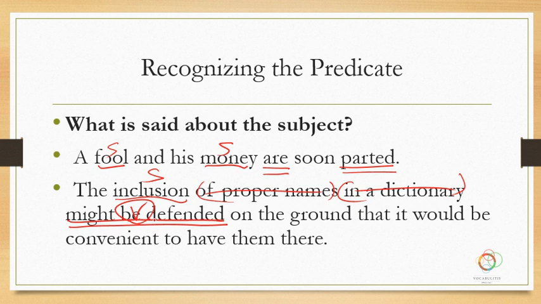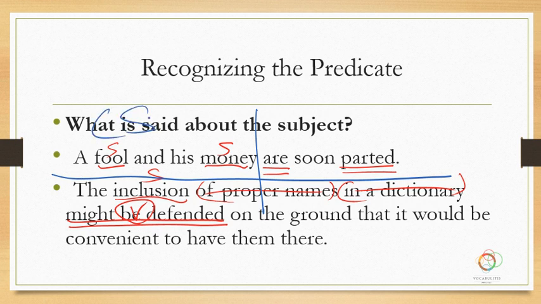Properly done at the most basic level, we need to talk about the complete subject versus the complete predicate. And in diagramming sentences, which is another grammar skill that used to be taught a long time ago, it's not so much anymore. It's kind of a lost art. What we used to do is we would take a sentence, put the words on a line, and we would separate and say fool and his money. This is the complete subject here, and the rest of it is the complete predicate over here.